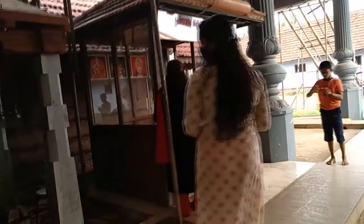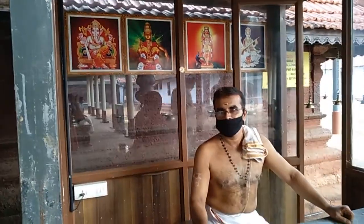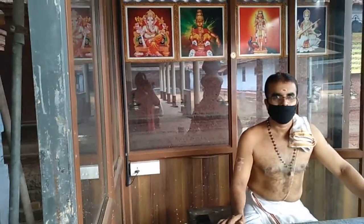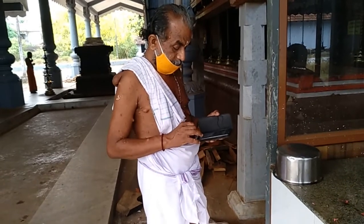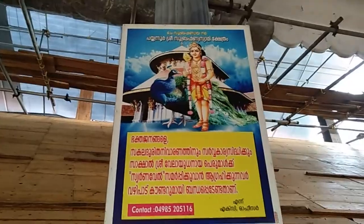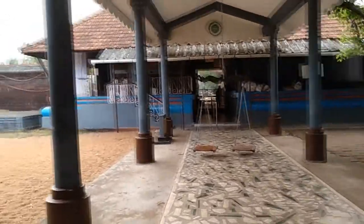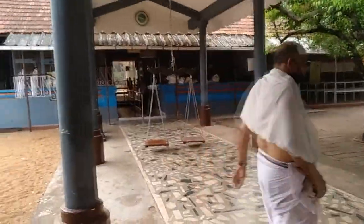Now, this temple is also known as the Palani of Kerala, like the Palani temple you have in Tamil Nadu. There are 5 pujas and 3 sivelis each day. The 2-storied sanctum, the Sri Kovil, here is in the shape of a Gajaprishtam, that means like the back of an elephant. This temple also has a 6 feet tall idol, as I already mentioned, of the main deity, Lord Subramanya Swami. Another interesting feature of this temple is its 12 feet tall compound wall that is constructed in